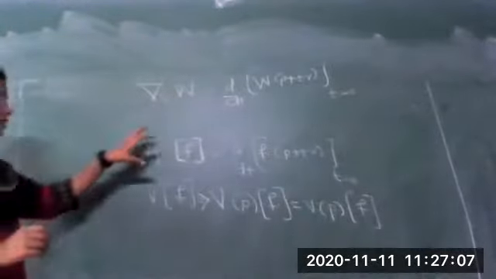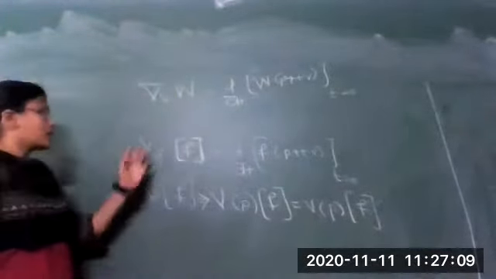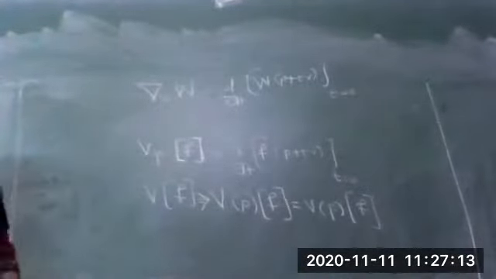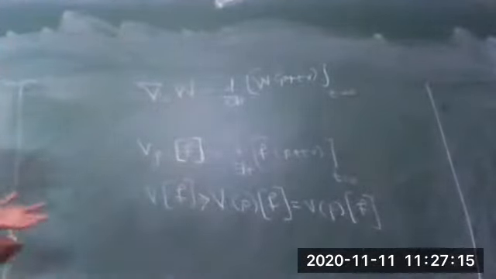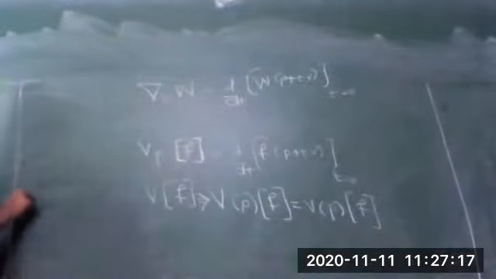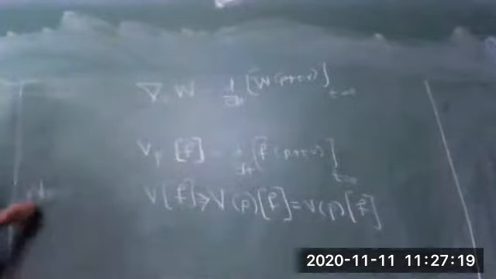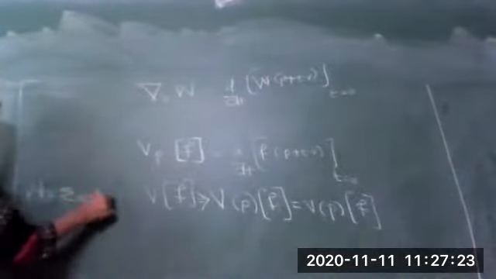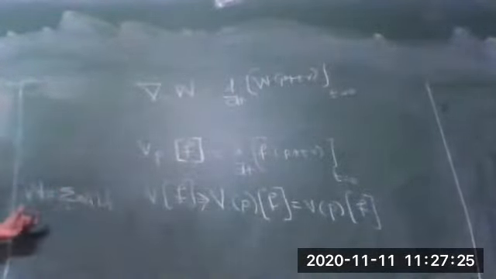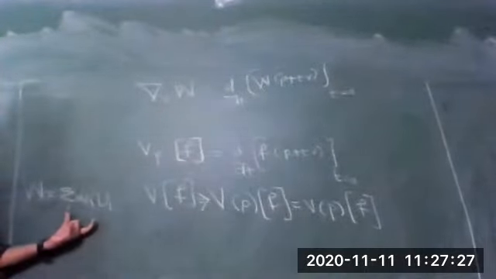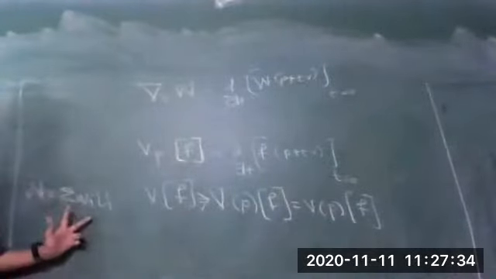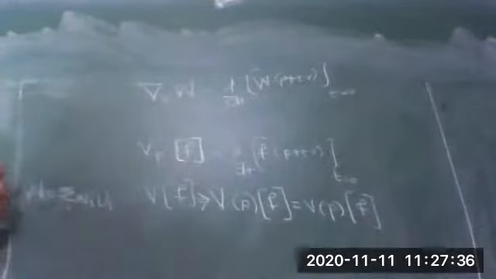So up to now we have been finding the rate of change of a function. Now we will find the rate of change of a vector field. You may have a question: what is the rate of change of a vector field? If you see a vector field, it is nothing but the summation over i of Wi Ui. Any vector field can be written as a combination of a natural frame field. This theorem we have seen. Even any tangent vector can be written as a linear combination of a natural frame field.